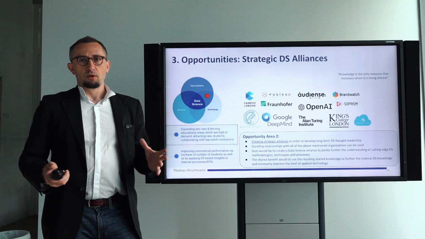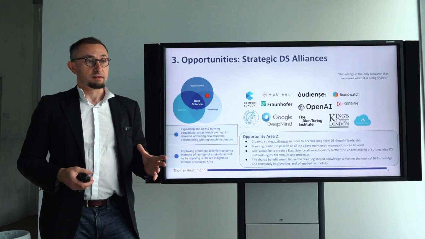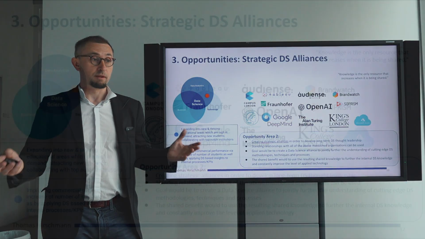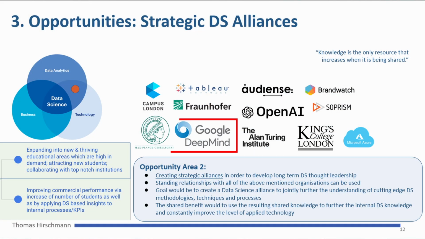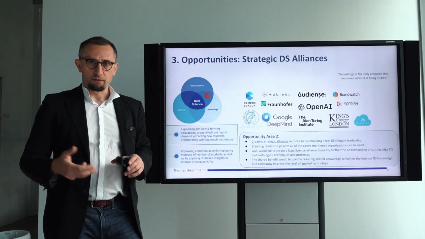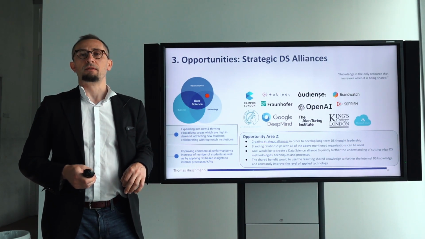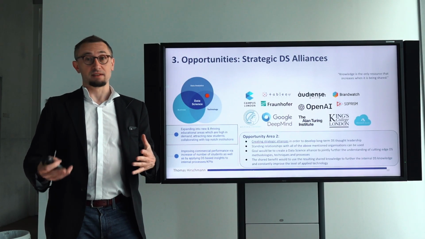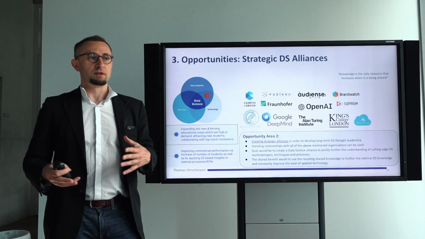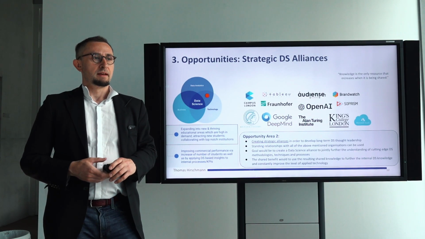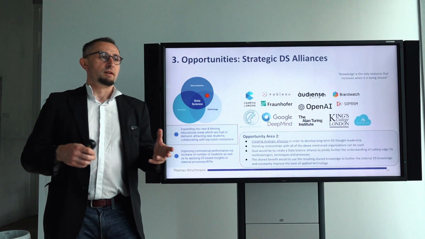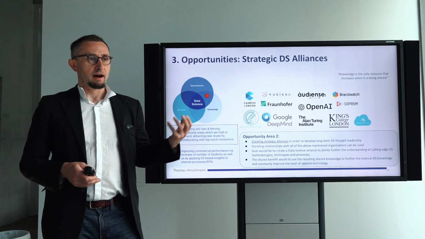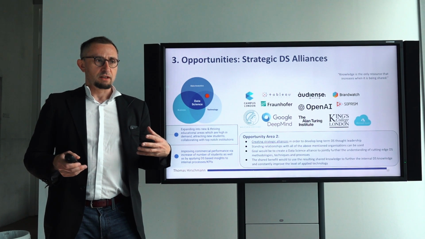Now, you need to find your right level of operations here, because obviously there are some partners, for example, if you look at potential partners like Google DeepMind, they have already a long-standing tradition and deep experience about applying a lot of data science at a very granular level. Now, in order to play with them, you need to match that experience, so you need to have something that they might find useful in order to get to such a partnership. Now, the same applies obviously for all of the potential partners that I have outlined here to various different degrees.